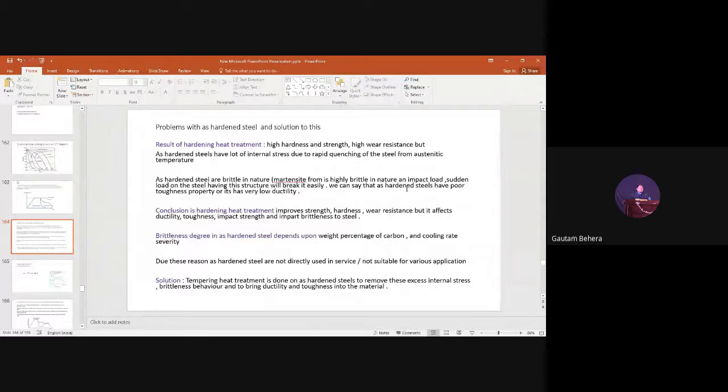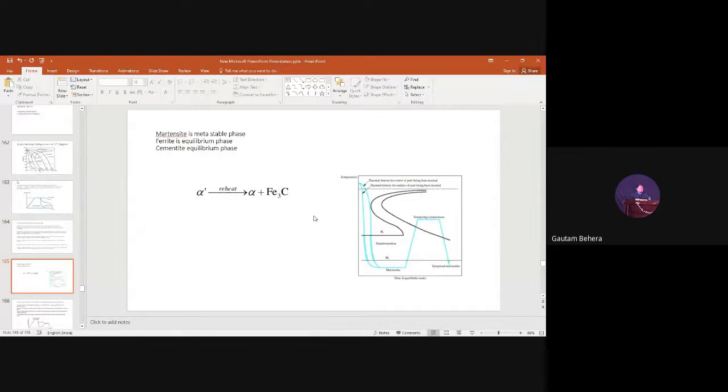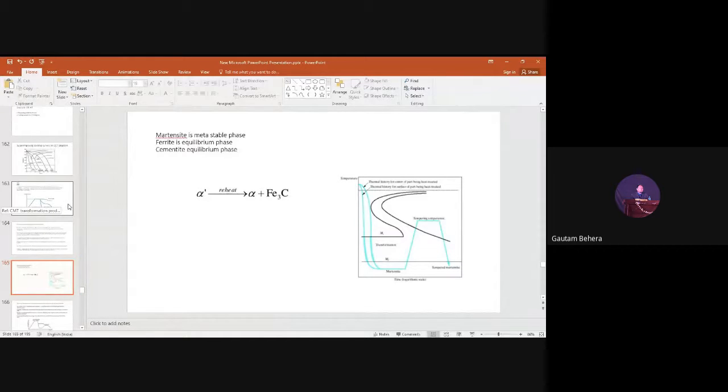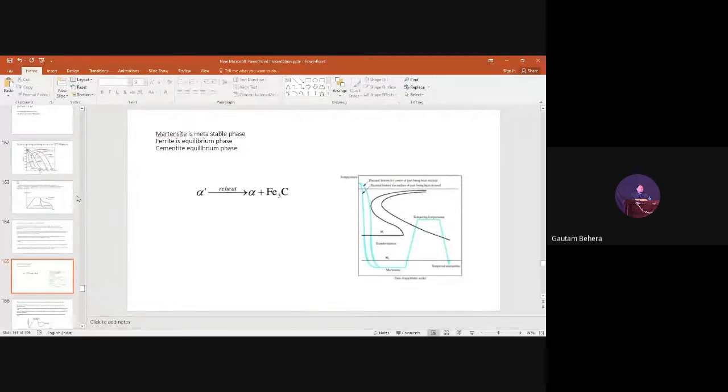Okay, next we'll move to, yeah, this is very good. How many of you remember whether martensite is a stable phase, a metastable phase, or an equilibrium phase? I mean, stable phase means equilibrium. So is it metastable or stable, or what kind of phase? Martensite? Non-equilibrium, metastable phase. Metastable, very good. Martensite is a metastable phase. So you understand. How many of you remember this one?